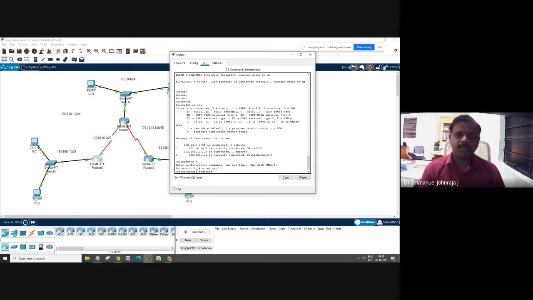Okay, router OSPF 1. There is only one difference here between RIP and this, where you used to give router RIP, right? But here we give router OSPF. We also add the process ID. I have added 1. And then I should go for the network command, which is very similar to our RIP configuration, and I have to advertise the connected networks. All right, so I'm going to advertise this